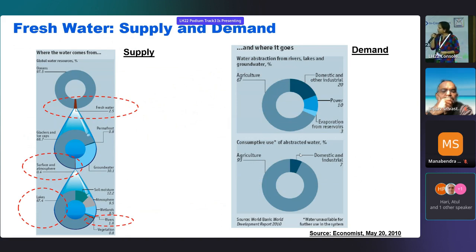And the surface water in itself, a very small part of it is found in lakes and rivers. So this is the supply situation that we have. If we look at demand, what we see is that a large part of the water demand comes from agriculture,